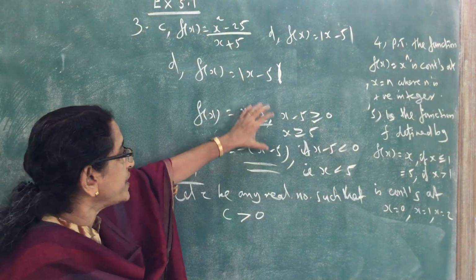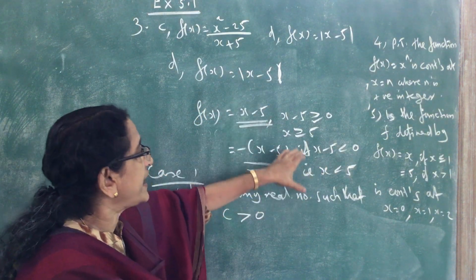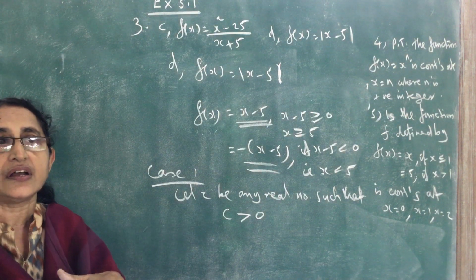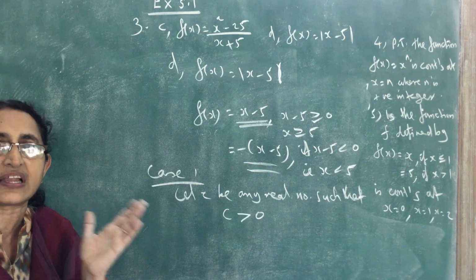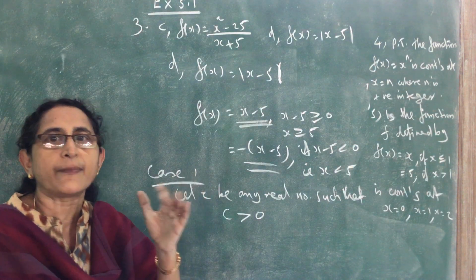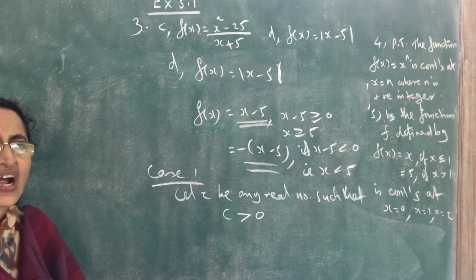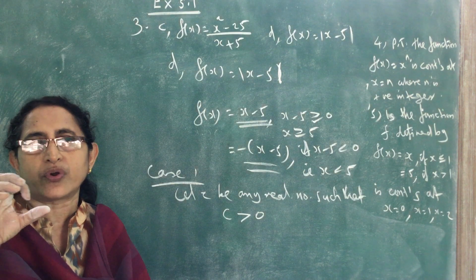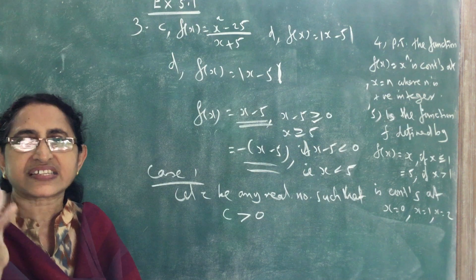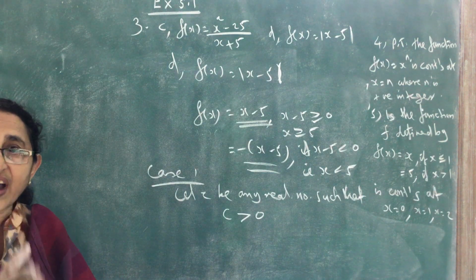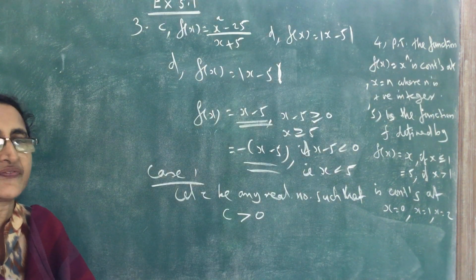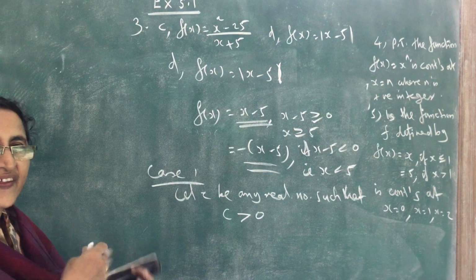Since the function has two different values when x is less than 5 and x is greater than 5. At 5, less than 5, greater than 5, function is different. That is why at 5 we are finding both left and right limits. But for all other numbers, consider any number greater than 5, for example, 6. When you consider the small neighborhood of 6, that means a number which is less than 6 and greater than 6, the function has the same value. But when you consider 5, when x is less than 5 and greater than 5, the function is different. That is why we are finding left and right limits at x equal to 5. All other cases, no need.